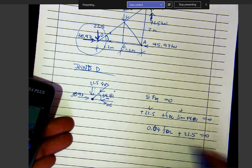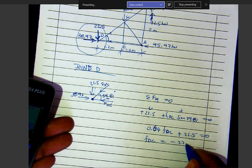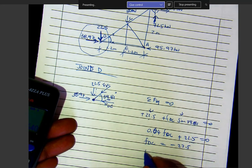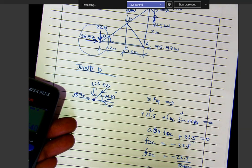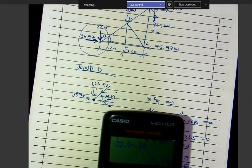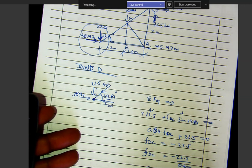I take this to that side of the equal sign. And FDC is equal to negative 22,5. Already is telling you that because this one is positive here. Take this. FDC is equal to negative 22,5 divided by 0,64. Then FDC is equal to, divide by, that's my answer, is negative. But am I going to put a negative there? No. 35,16